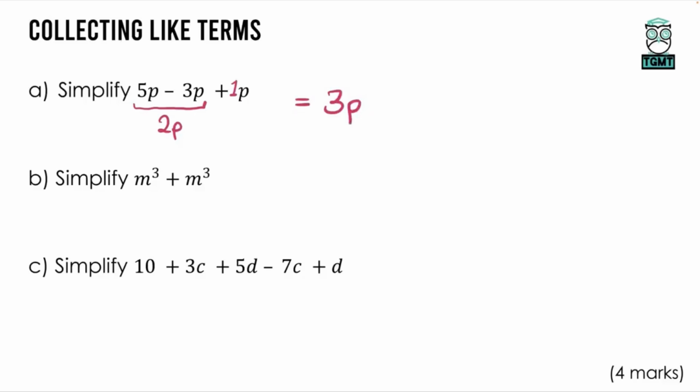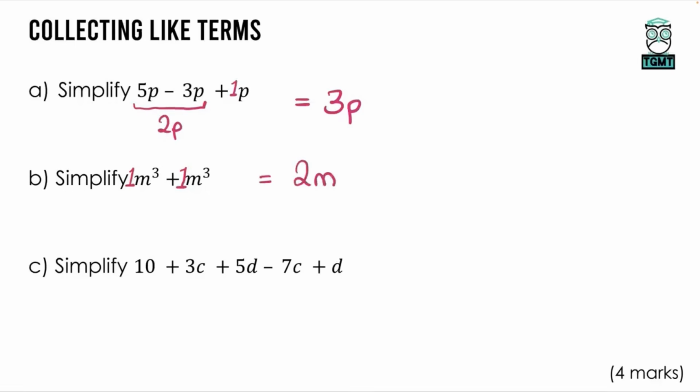For the next one, we have m cubed plus m cubed, and again, the fact that these don't have the secret ones written in front of them might accidentally throw us into thinking that this is an index law rule where we have powers. Now this is not all we are doing, we're collecting these, we're saying how many m cubes there are. Well, you can see there's 1m cubed plus another 1m cubed, and in total that is 2